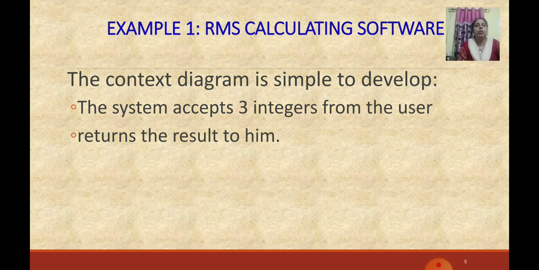In level 0 or the context diagram, we represent the main objective of the software, or the abstract version of the software. So the RMS software accepts 3 integers from the user. Here the user is the external entity. It gives 3 numbers to the system and the system will return the result. So the diagram will be,